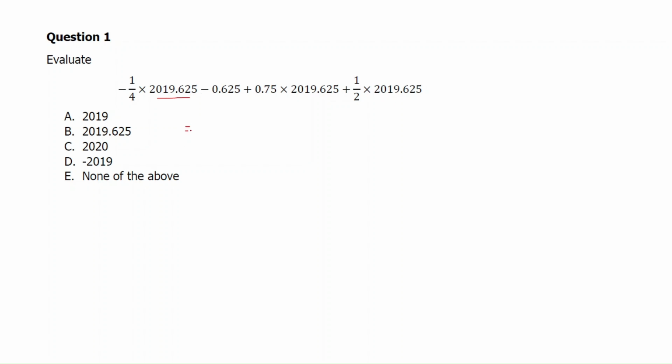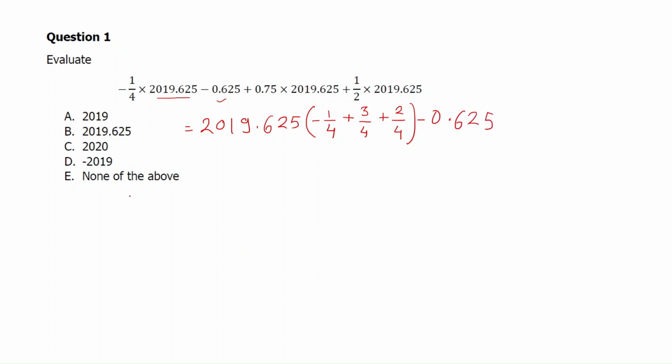So let's write it like this, 2019.625 into bracket minus 1 upon 4. Next is 0.75. Okay. So in terms of fraction, how can we write it? 3 upon 4. And this is 1 upon 2. So if you observe, we have denominator as 4. So what we can do? We can write it as 2 upon 4. Okay. And minus this term. Okay. Minus